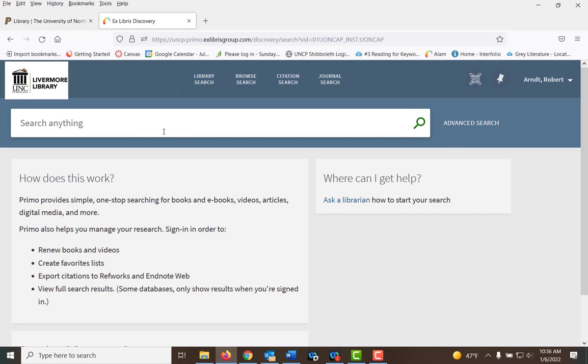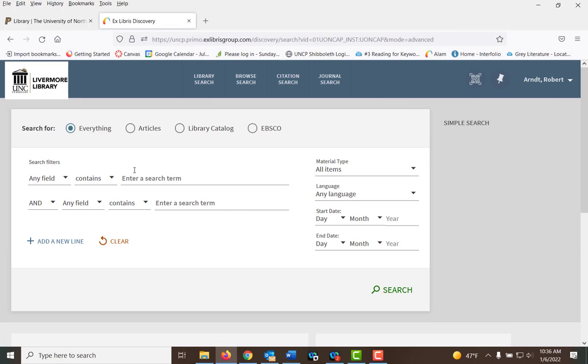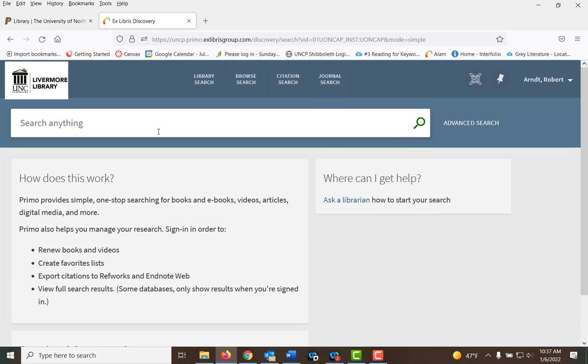Now, the Primo search, this is the simple search bar. One of the things about it, you can search here, or you can do an advanced search by clicking here. The only difference is you get more lines when you're doing the advanced search, and also you have various ways that you can look for the article. If I go back to my simple search, the basic search, typically when I use my Boolean operators, the words AND, OR, NOT, you have to capitalize the whole word. If you do not capitalize it, it will look for that word as a phrase.